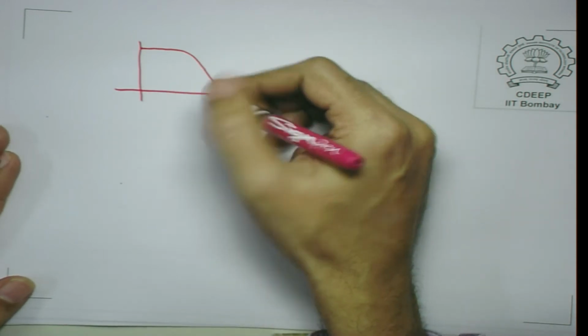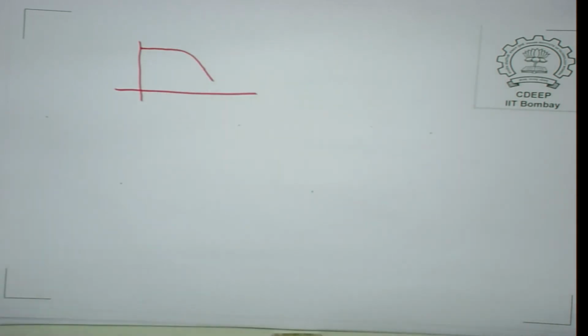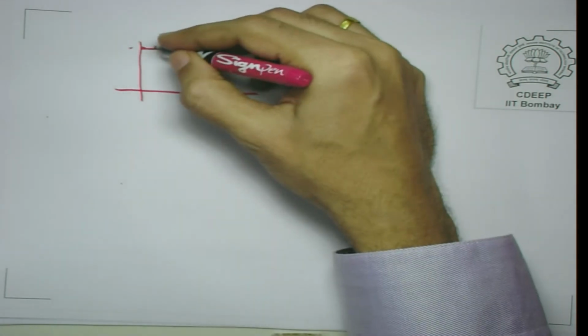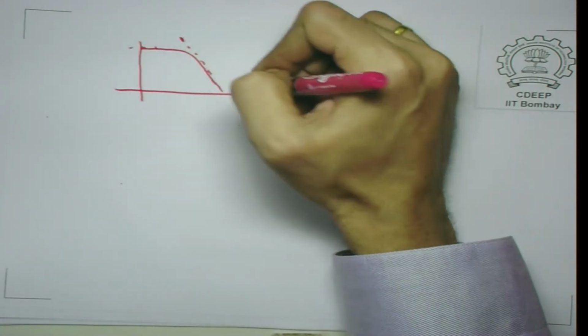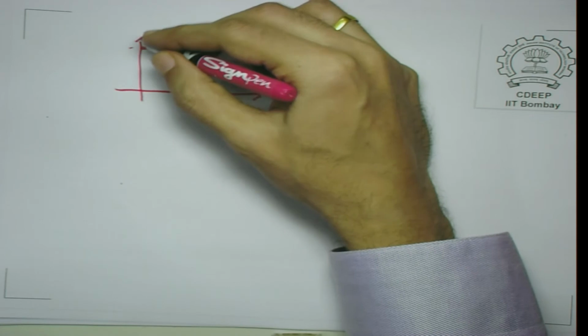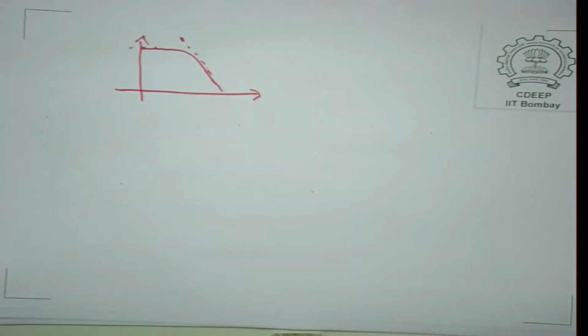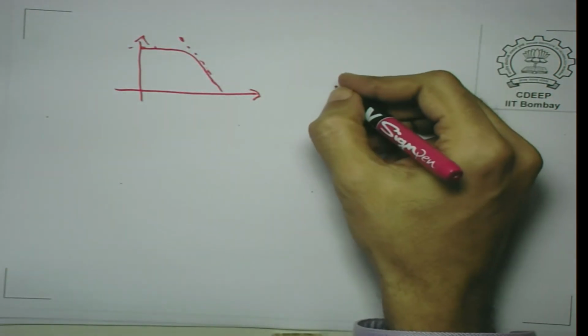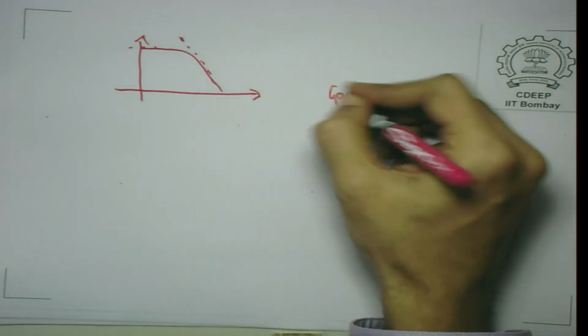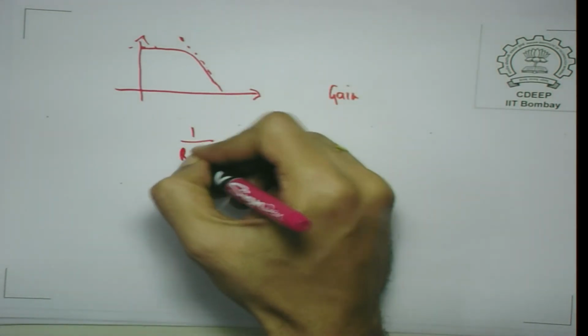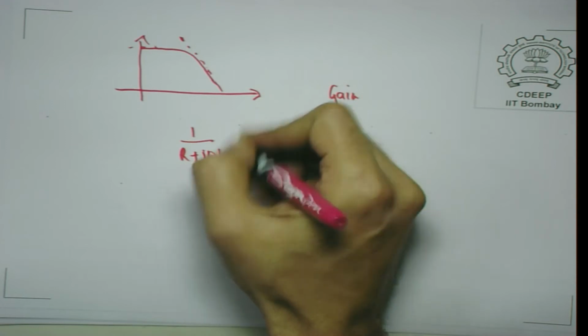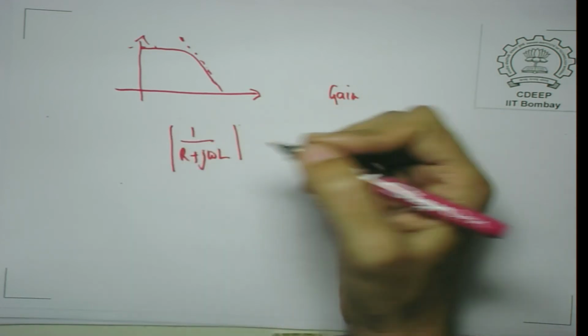That is, you do not plot it on a linear scale, but a log scale, because this slope and this slope, as in the log scale, that is the x axis, both the frequency and gain are plotted on a log scale, you will find that. So, if the gain, that is 1 upon R plus j omega L, that is the gain, if you plot this,